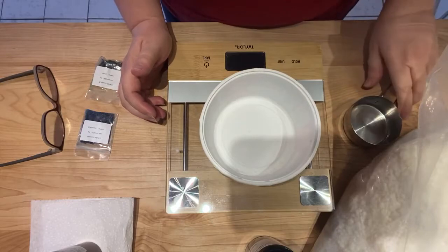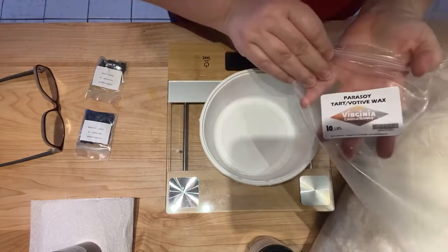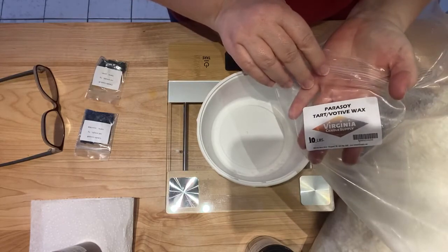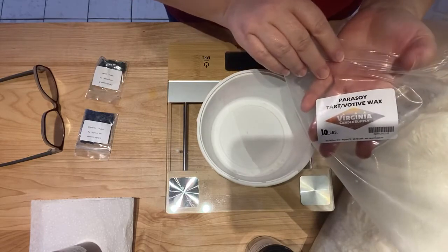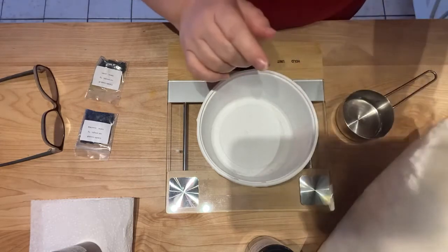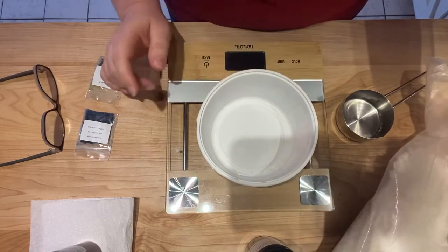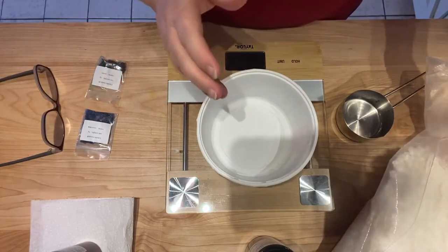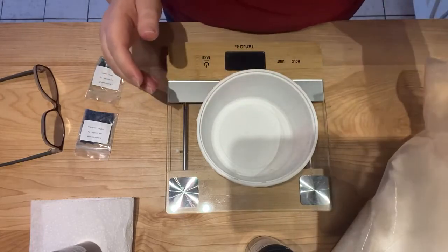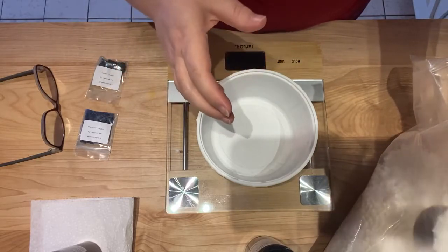And I'm using the paraffin or the Tarte wax. I got this from Virginia Candle Supply, and it's 10 pounds of Tarte wax. And you want the Tarte wax because it melts evenly, and you don't want to put a brick of wax